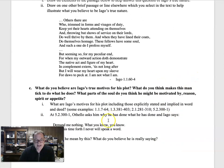So then, to finish this up, he talks about his motives. And one of the fascinating things about Iago and his motives is that throughout the play, he makes claims as to why he is doing what he's doing. And I think the problem is, the more he asserts why he says he's doing what he's doing, actually the more ambiguous his true motive is,